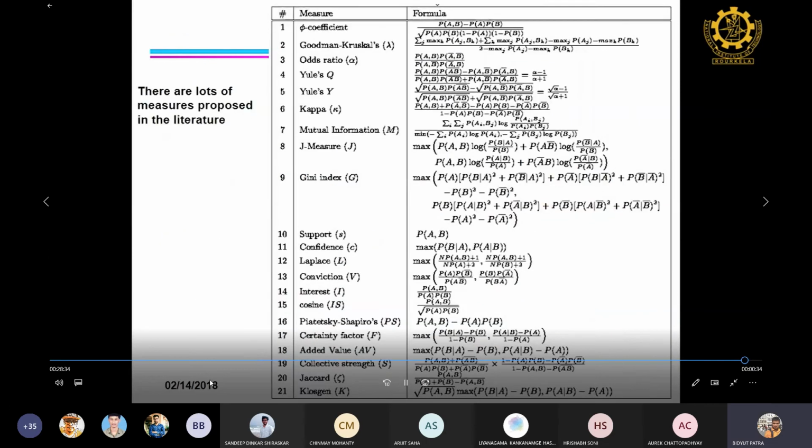Similarly, there are so many measures you can see. Maybe you can look into Z measures, Gini index, mutual information. These three or four measures are frequently used. And here you have the interest, and the cosine formula you already know. Jaccard you know here. It is the same way. Especially you can look into lift, interestingness, and cosine and so on. I stop here.